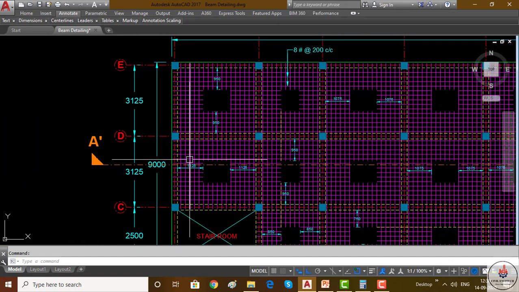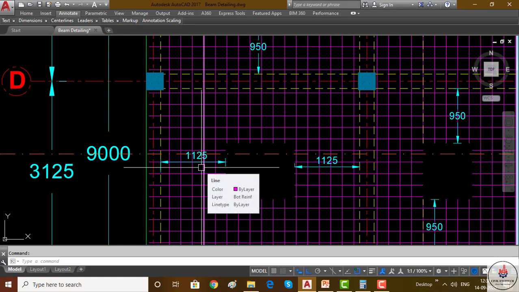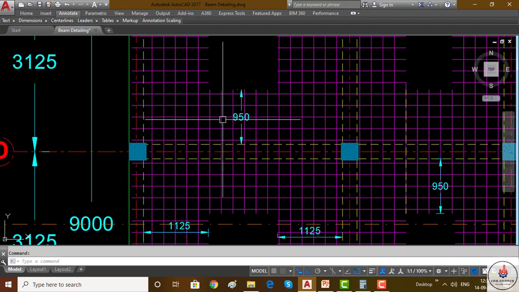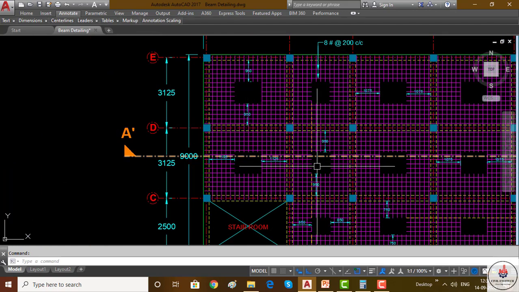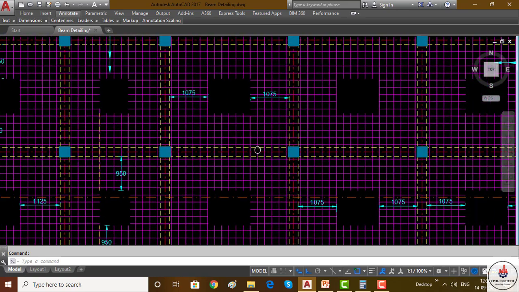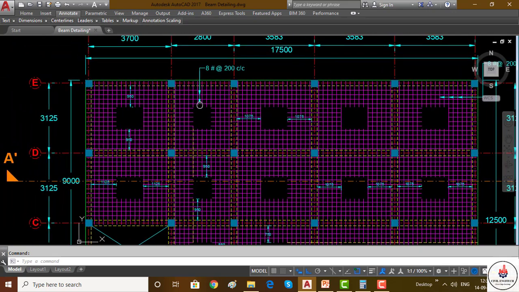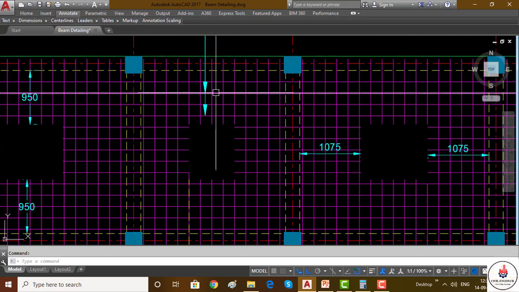So we hope that you can understand how we can calculate the curtailment length and how we can provide this curtailment of bar. Okay, so in this manner we are providing the curtailment length of the bars in all the panels. The bar spacing we have already calculated in the design.